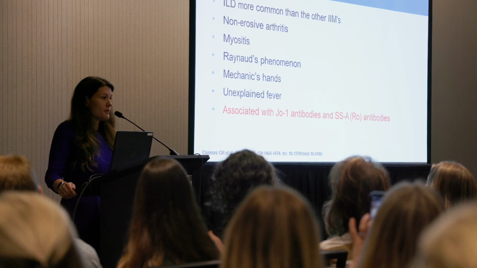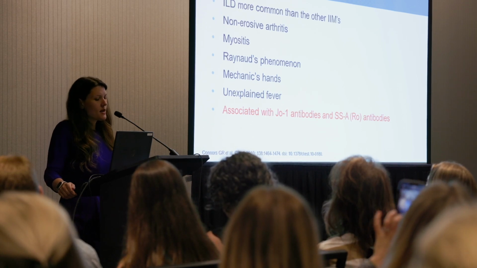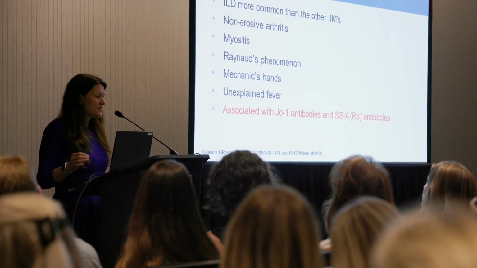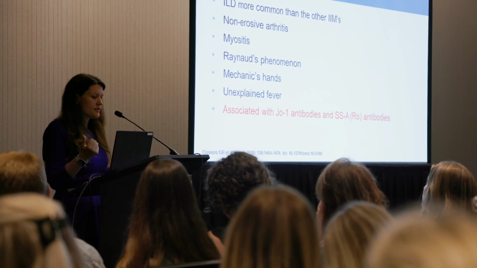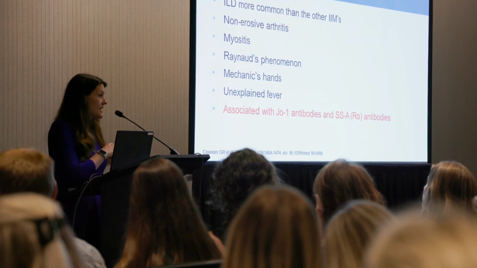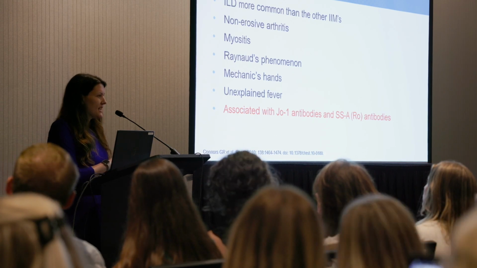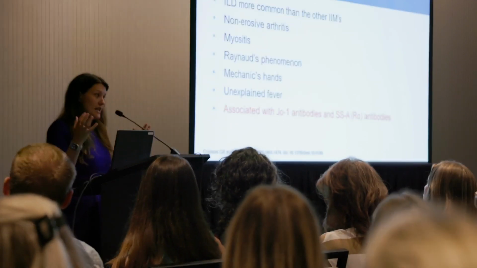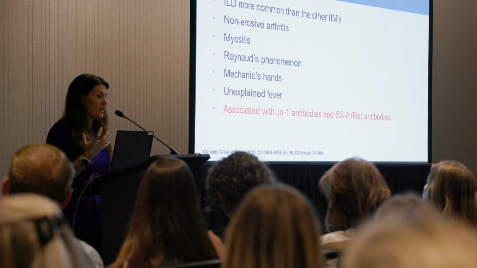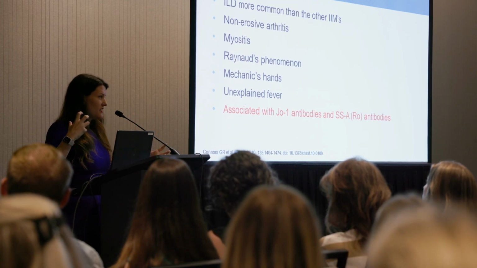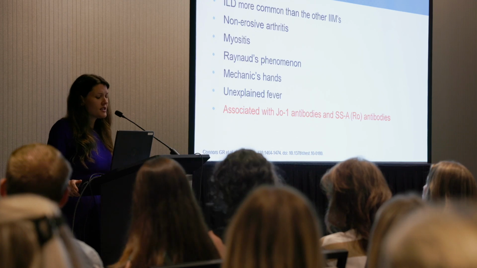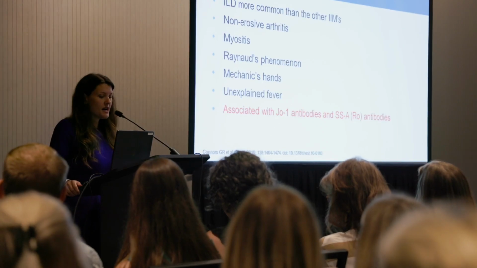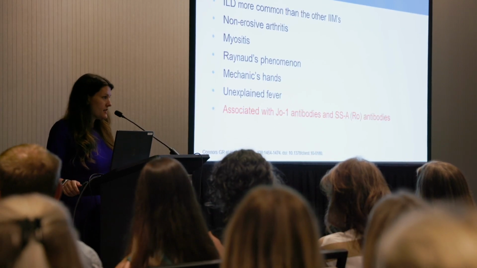interstitial lung disease is more common here than in some of the other ones. So this is where a patient would usually have this non-erosive arthritis. I've definitely seen it where it's multiple small joints. Oftentimes the myositis is a piece of it. Raynaud's, they can have this thing called mechanic's hands, where basically it looks like somebody that has really hard-working hands, like dry skin, swollen, cracking, that's kind of what it looks like. They can have fevers. The antibodies that are associated with this are going to be your Jo-1 antibodies, also SSA antibodies that are associated